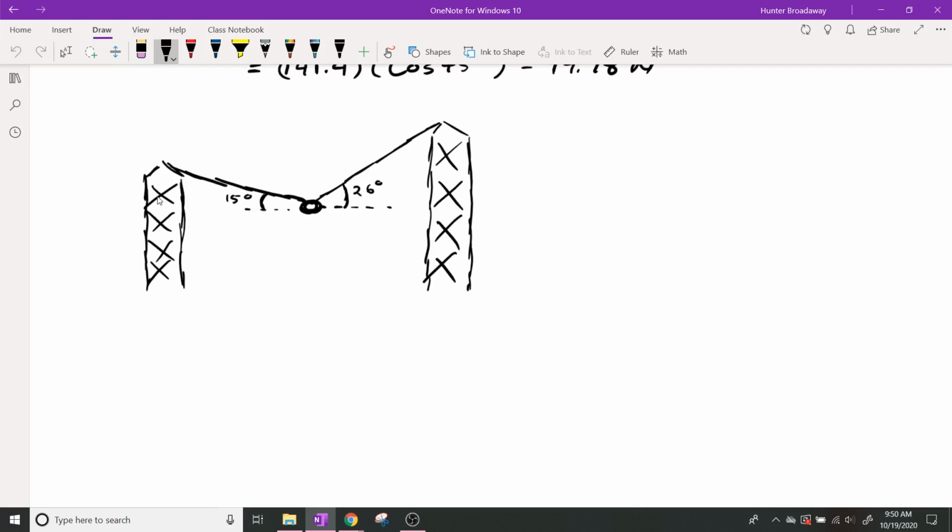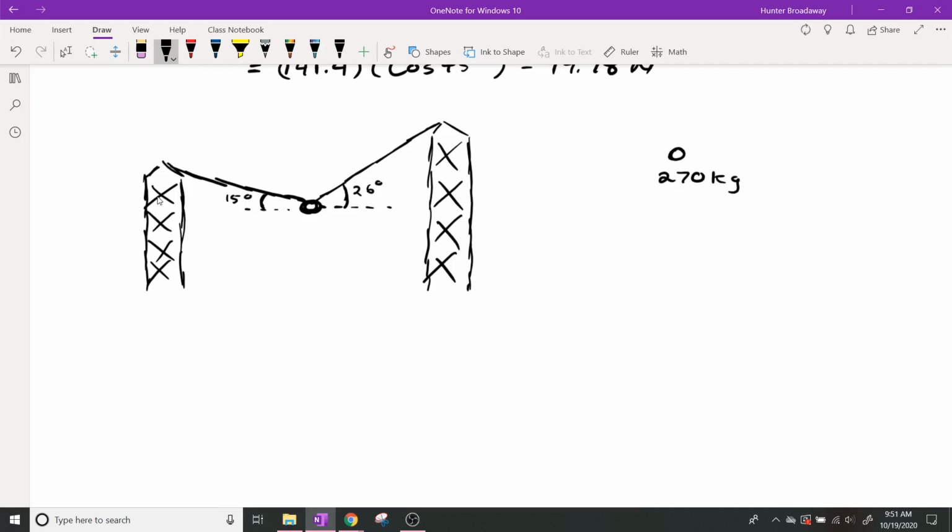If the four riders have a total mass of 270 kilograms, what are the tensions in the two cables just before release? So we know that the mass of the object is 270 kilograms. It doesn't matter if there's four people in there. That's still 270 kilograms combined. We're not going to make free body diagrams for everybody. We're just going to say all four of those people and the cart and the assembly together, all of it is 270 kilograms. That is a system. You can include the mass of the cart too.